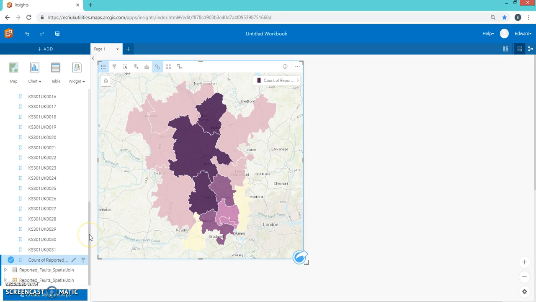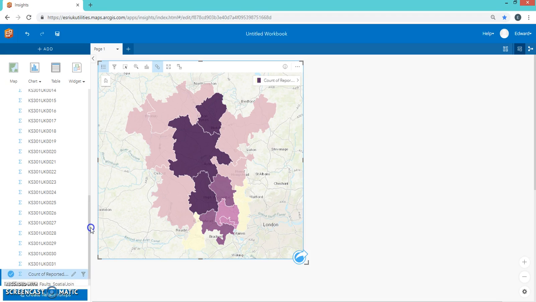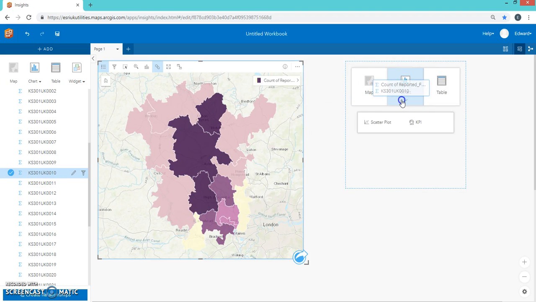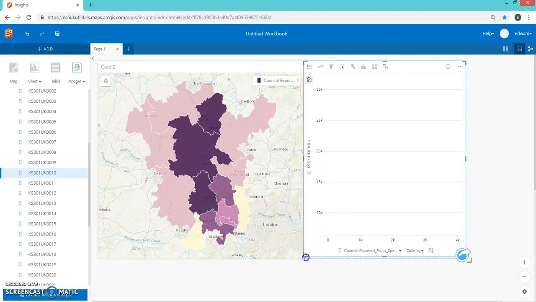And we can actually select multiple data sets and pull them on to create charts and scatter plots to see if there's any correlation or not. So I'm just going to do that now. So I'll select the counts, and I'll also select this number 10. This correlates to the poor health score in the Office for National Statistics dataset. And pulling both of those into a scatter plot